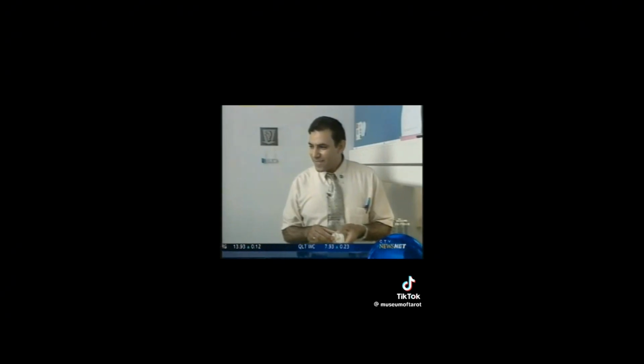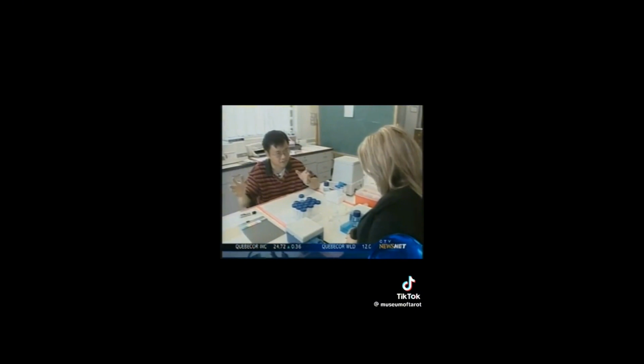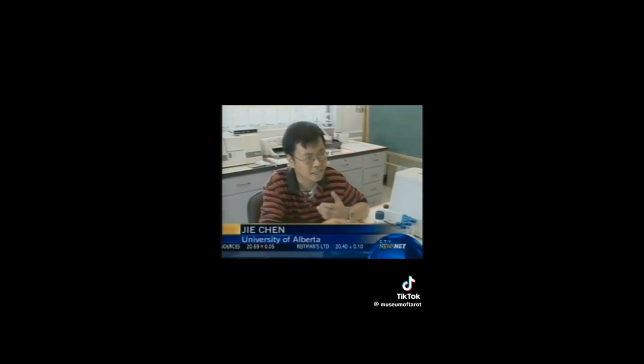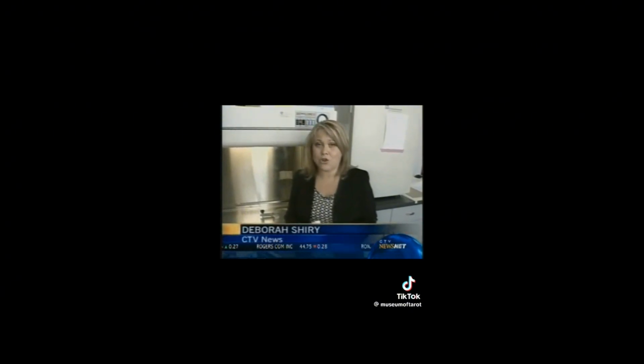Albiali's machine was too big, so he teamed up with nanotech expert Jai Chen, who scaled it down from this to this. After you using this treatment, then you can throw away. So this is like a one-time use for you, and you can put it on easily. What we're working on is more like a user-friendly. Professors at the University of Alberta have already filed a patent for this invention. While it's obviously still in the prototype phase, scientists here are hopeful it could hit the market in as little as 2 years.